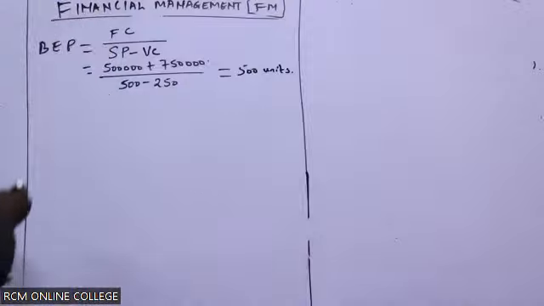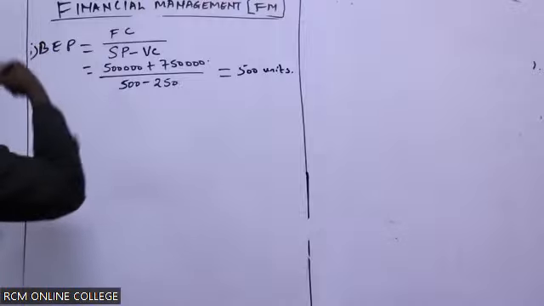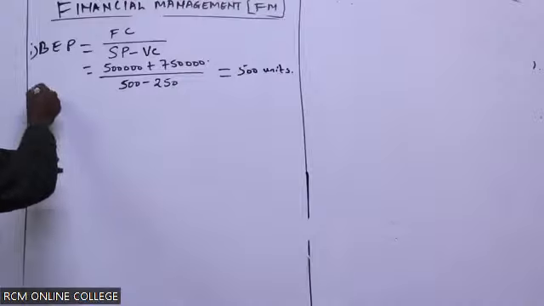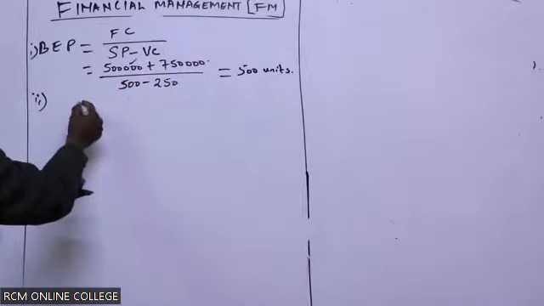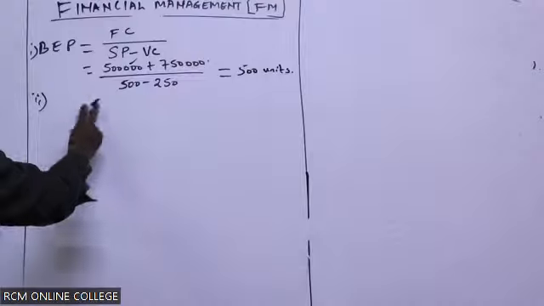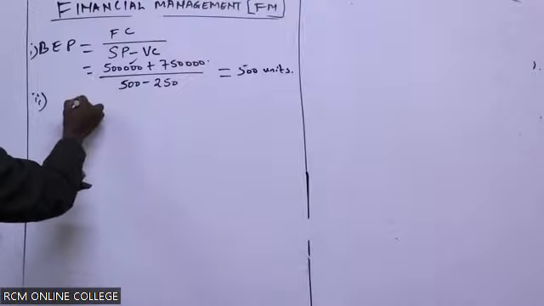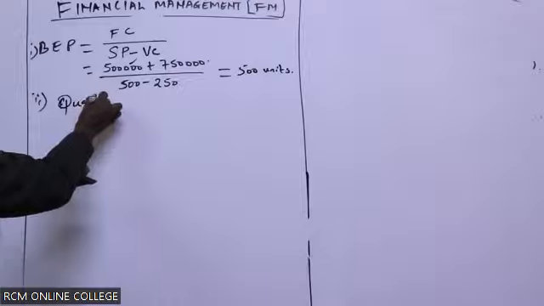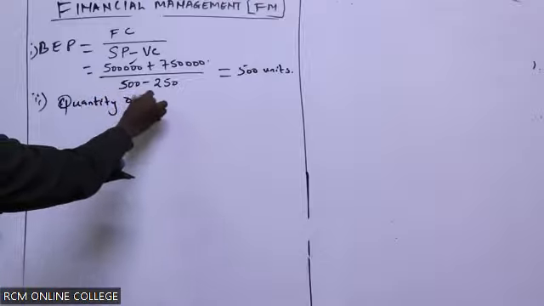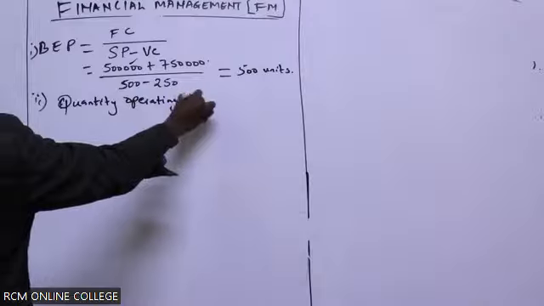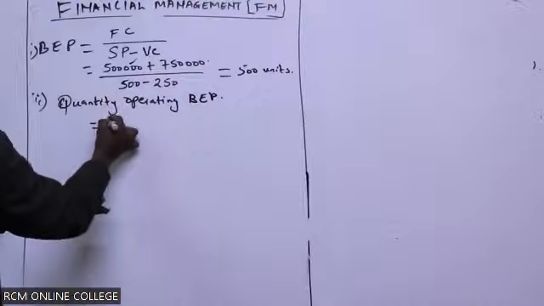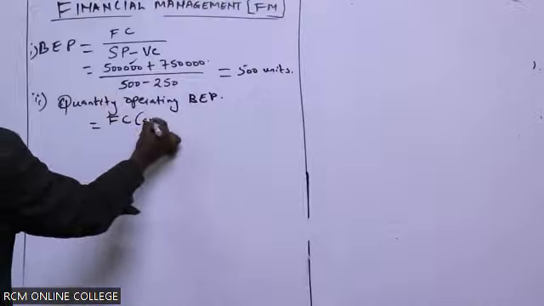We are operating break even. Now this is just for operating, so we will take only anything to do with operating. So operating will be just whatever fixed cost we have for operating. So it will be the operating BEP. Quantity operating BEP will be given by the fixed cost of operating